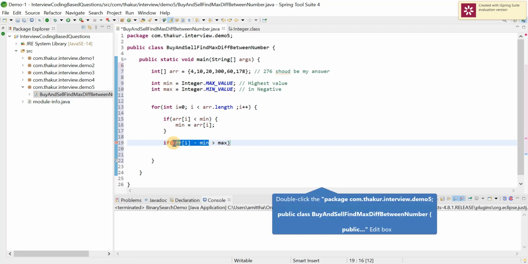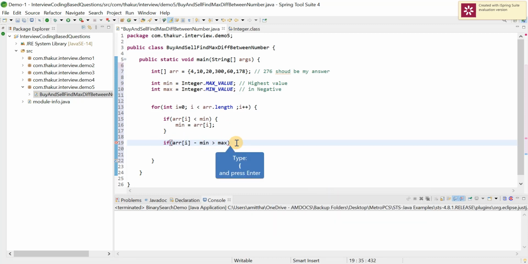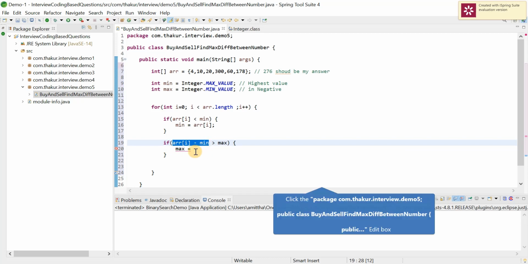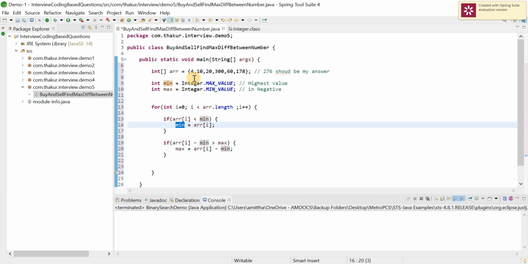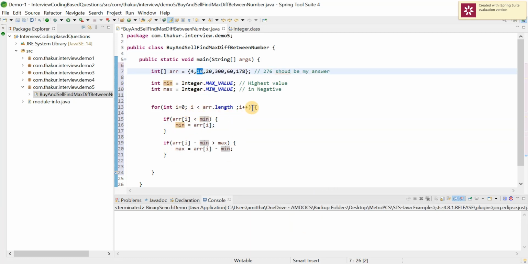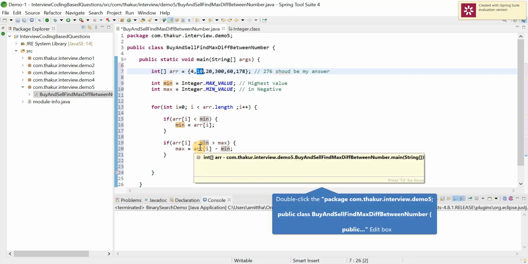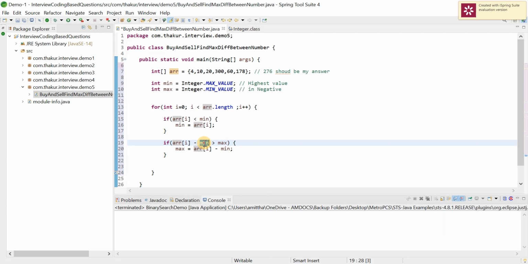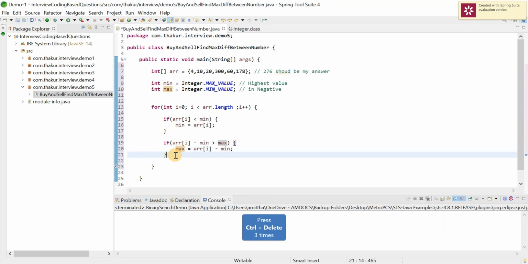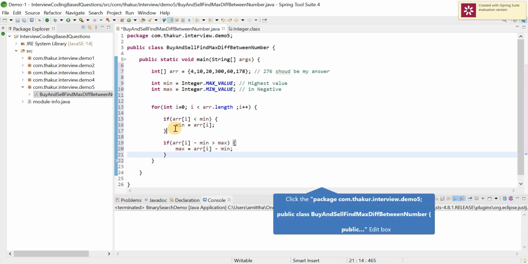So I assign max equal to array of i minus min. So 10 minus 4 is 6, 6 is greater than max, yes, true. So we have the max. Very simple. Done.